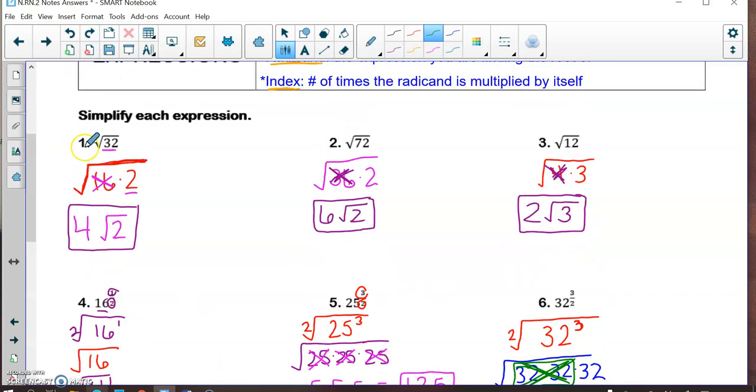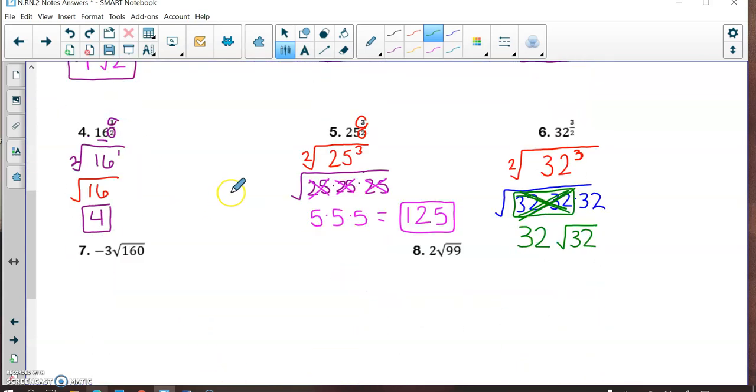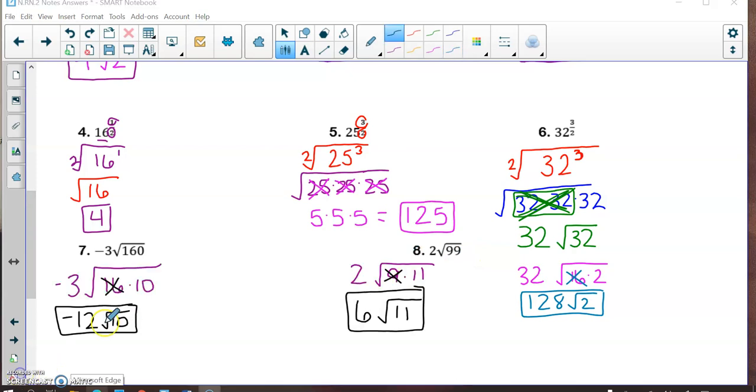If we look at number 1, this 32 could be split up into a 16 times a 2. So that's what I'm going to do here. I'm going to split this up into 16 times 2. And then now the square root of 16 is 4. When I pull that 4 out, I multiply it by the 32 that's already on the outside, and the square root of 2 cannot be done. I'm going to have you try 7 and 8 by doing the same thing: when you pull something out, you multiply it by the number that's outside. And here are your two answers. You pull a 4 out of number 7 and